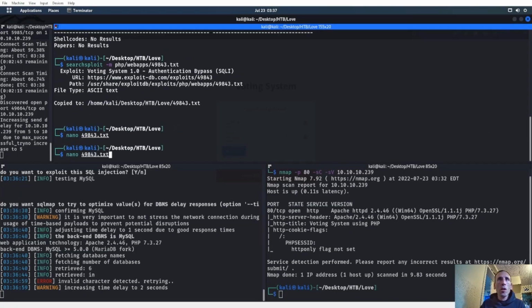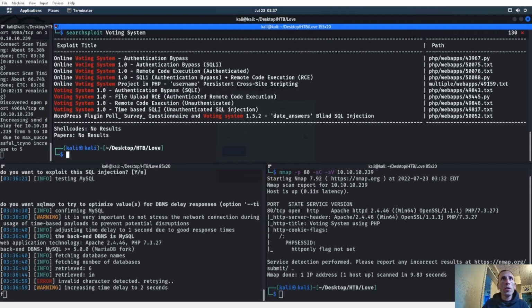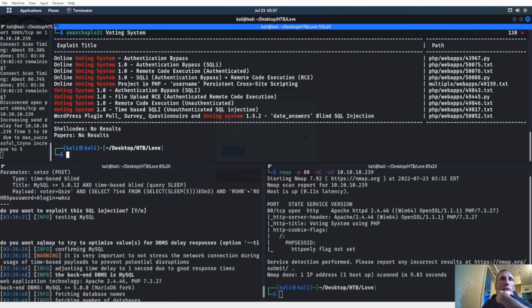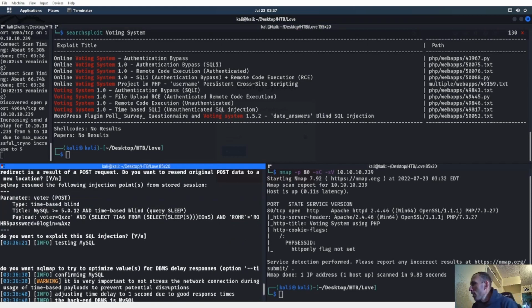Alright. We also had a lot of stuff on here. Whoops. We also had some remote code execution. Because, is it time-based blind? Yeah, that's going to be super hard to actually just exploit by itself. But